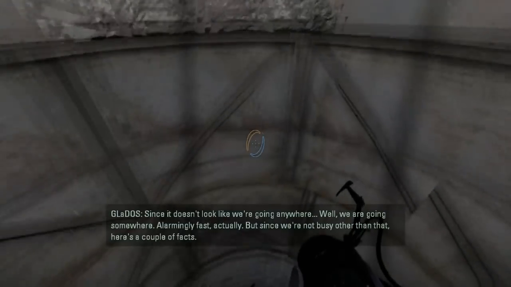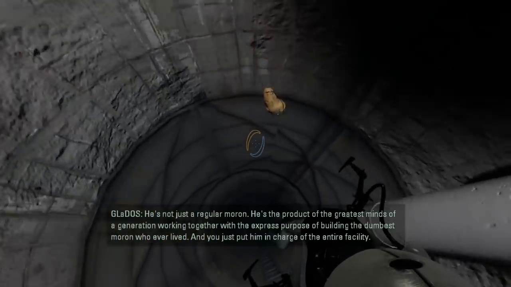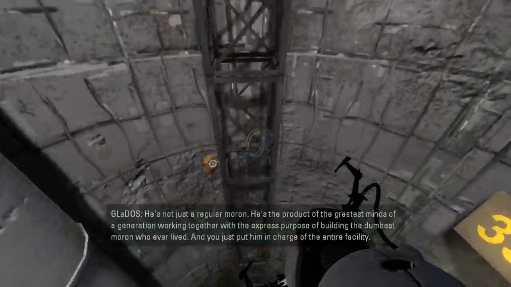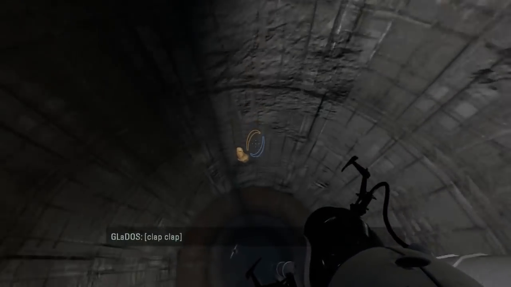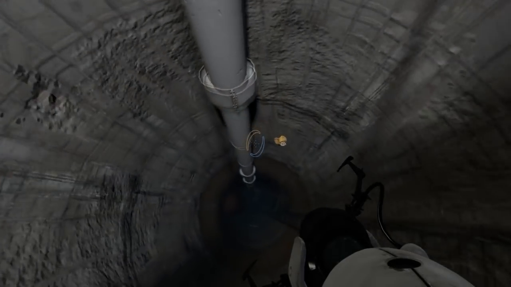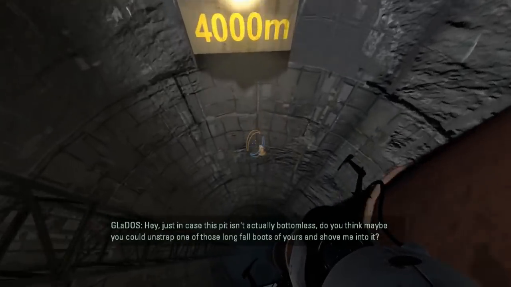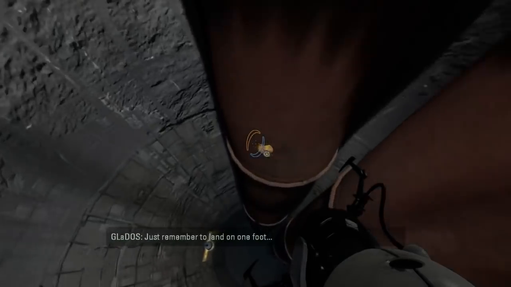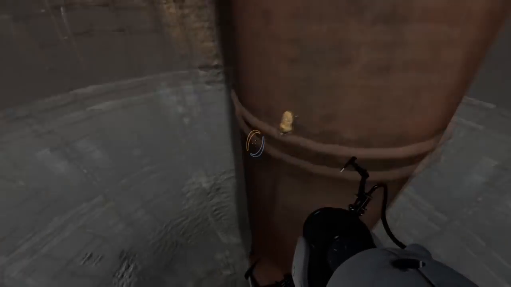Here's a couple of facts. He's not just a regular moron. He's the product of the greatest minds of a generation, working together with the express purpose of building the dumbest moron who ever lived. So, can I use you to make some French fries, maybe? Good, that's still working. Hey, just in case this pit isn't actually bottomless, do you think maybe you could unstrap one of those long fall boots of yours and shove me into it? Just remember to land on one foot. No, I don't think I'll be doing that because you just tried to murder me with turrets and neurotoxin. I mean, I know it's not your fault that all that stuff didn't work, but I can't think of a nicer thing to happen to you at this point